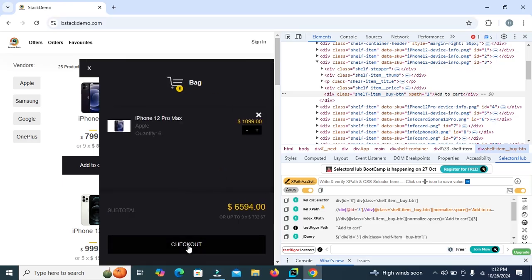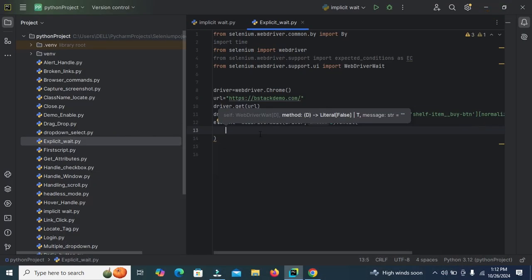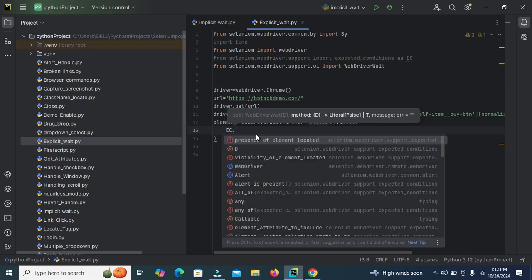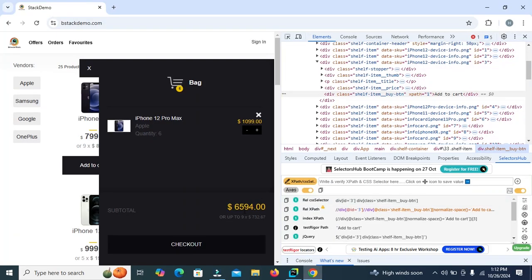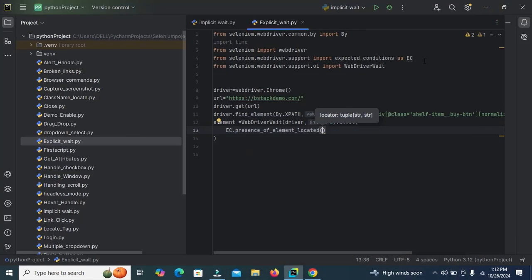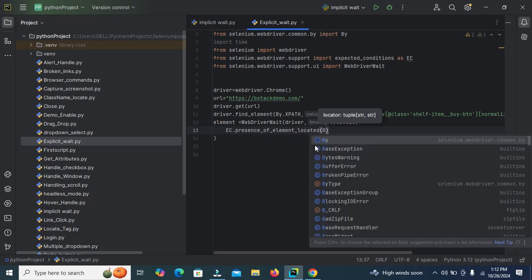EC, but here you can use visibility of element located or presence of element located. It will wait until this element is visible or present. Now enter the XPath value inside these round brackets by dot XPath